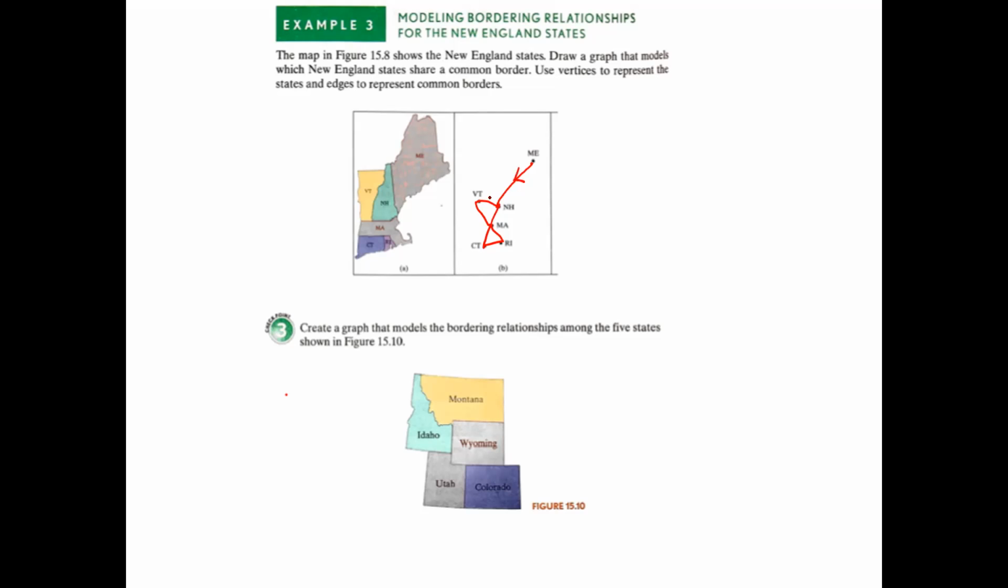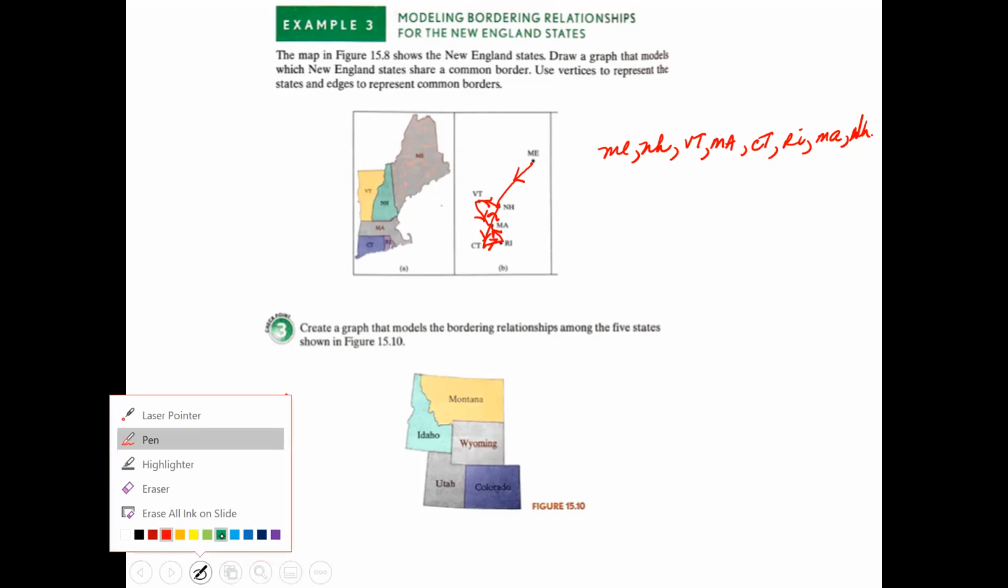So we're going to go this way, this way, this way, this way, this way, this way, this way. So then it's ME, NH, VT, MA, CT, RI, MA, NH. That is your path. Now, create a graph that models a bordering relationship among the 5 states shown in this